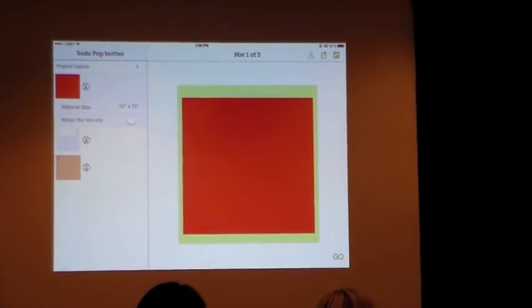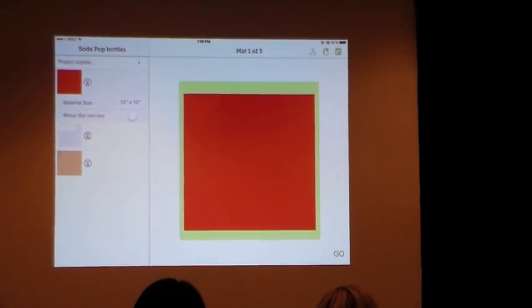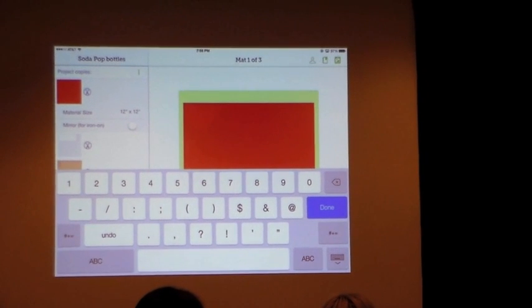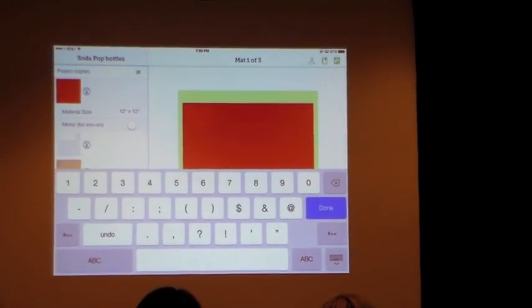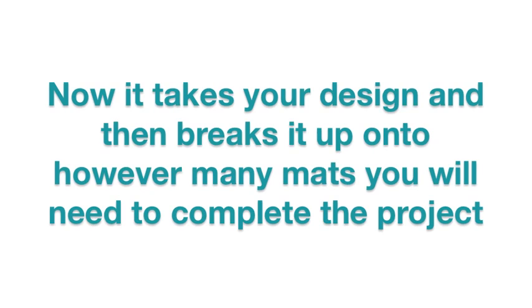And then again, there's the mats. It basically requires a red mat, a white, and a brown mat. And what I want to do is, because in acrylic we want to make 20, 30, something like that, I'm going to just press 30, and I'm done. And look, it basically